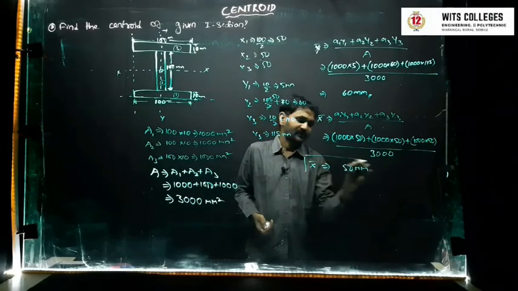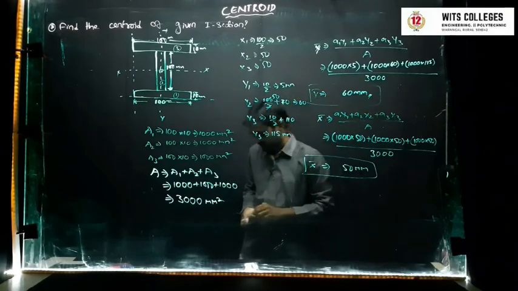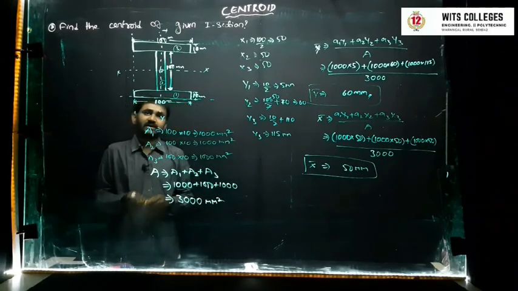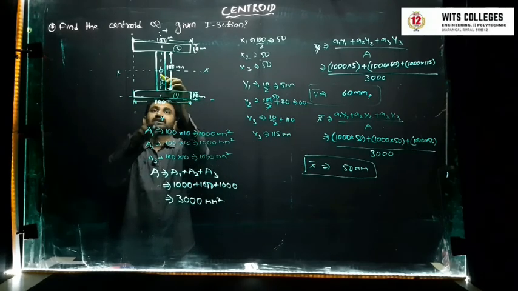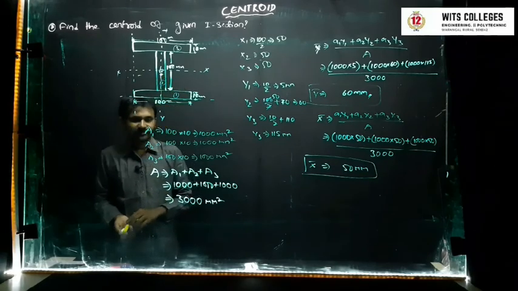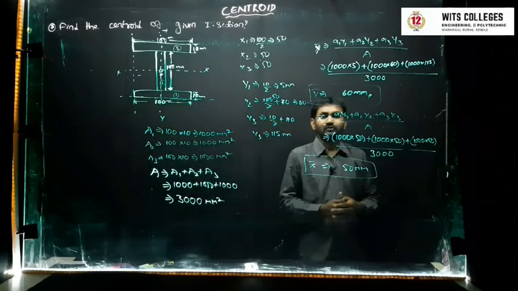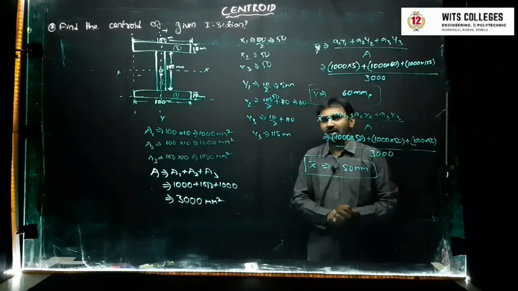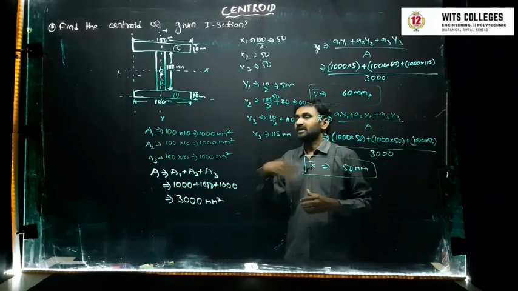So this is my x bar and this is my y bar. The centroid will be at 50, which means it will act exactly at the center line, and y bar is 60, somewhere here. So here my CG is going to act. The centroid of the figure is going to act at this particular point. Because this is a symmetrical section, the problems are solved easily. We'll see one more case, how we have to solve with non-symmetrical sections.